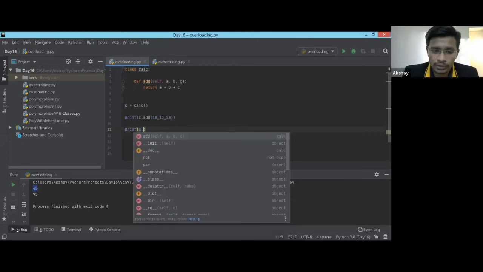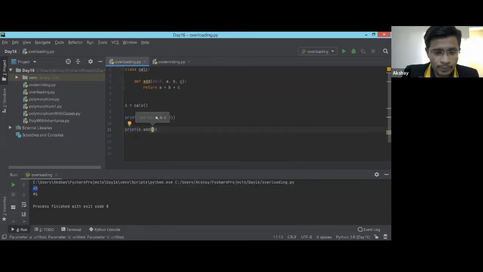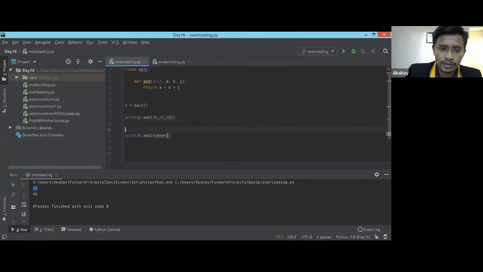That was for giving you the right idea. So here I can pass a single variable, this is number. But this will be the variable length number. So this number will consist of a list which will have three numbers.